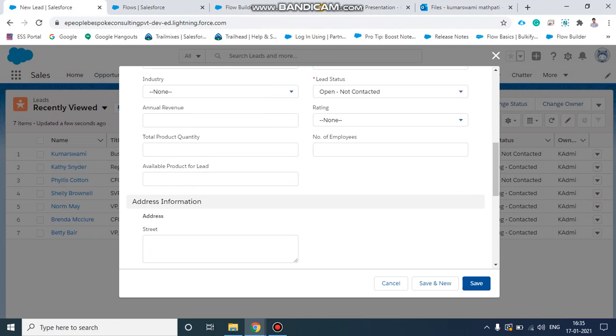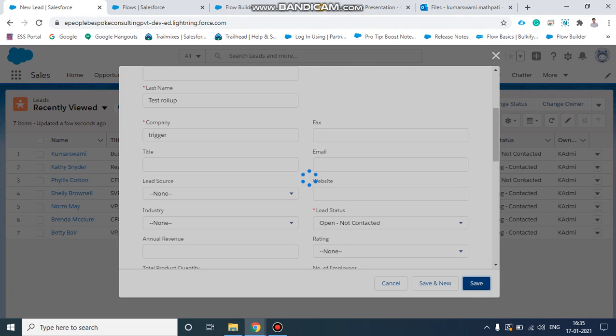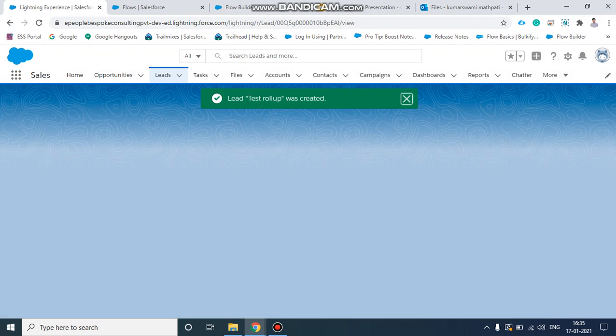As you can see, both the total product quantity and available product are null. The record is saved.